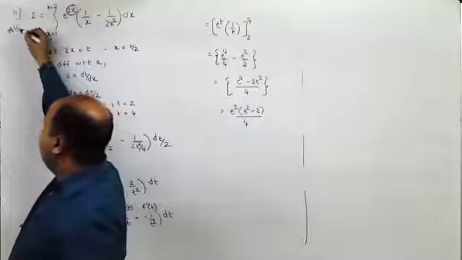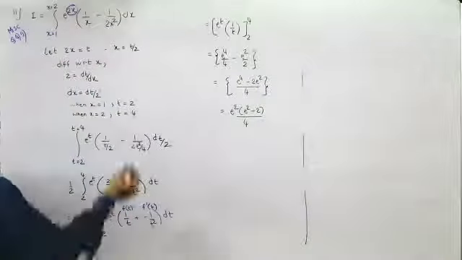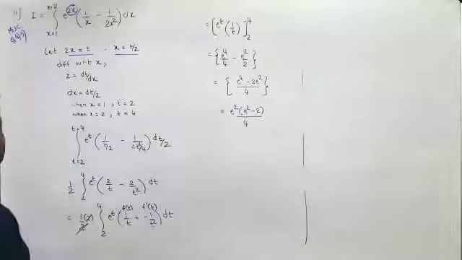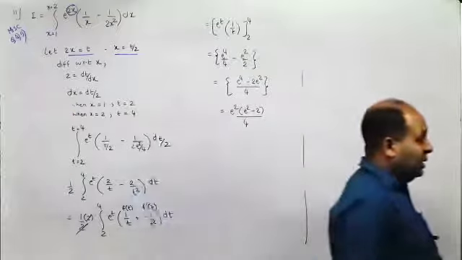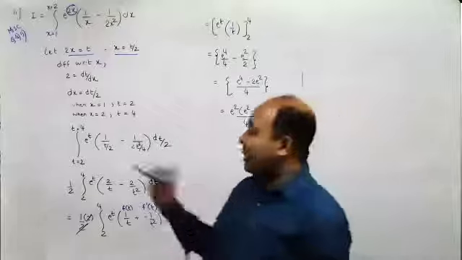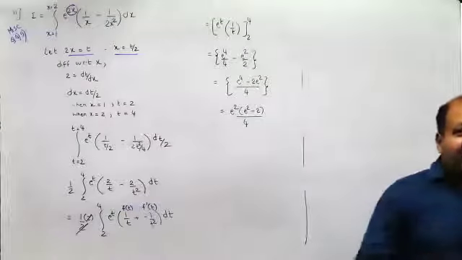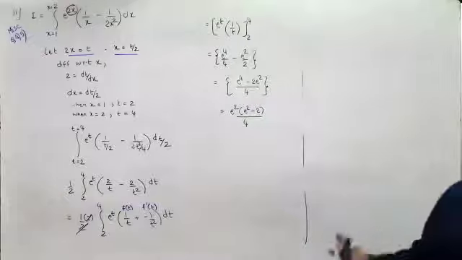Sir, in this kind of sums, the other method is rare, no? Any other method that you can think about? You tell me, I'll tell you whether that is valid or not. No, sir, I can't think. That's why I'm asking. Yeah, there may be methods. I'm doing it by the first method that comes to my mind when I see this problem. There may be many more methods. So if there is any method, do let me know. I'll let you know whether it is correct or not.